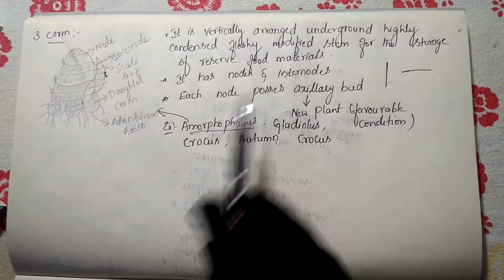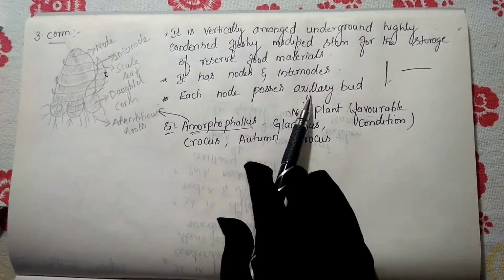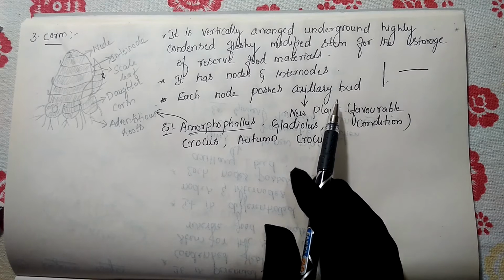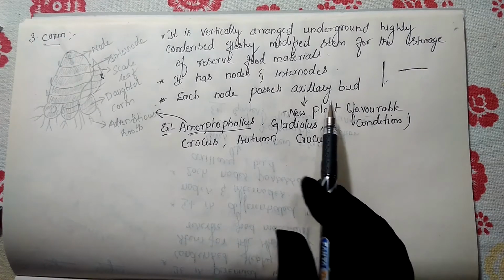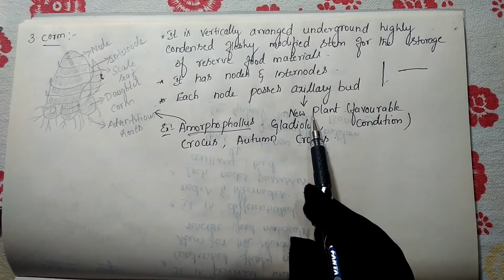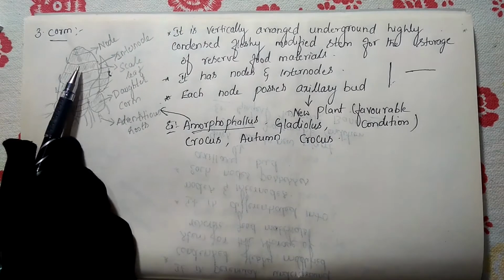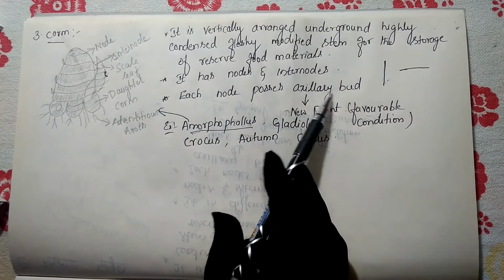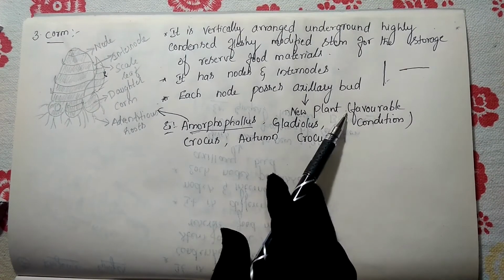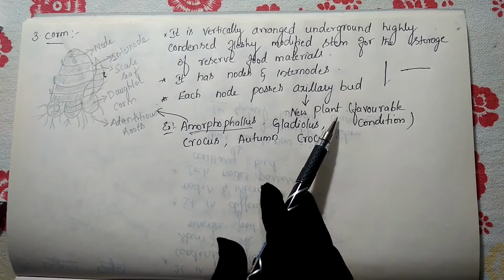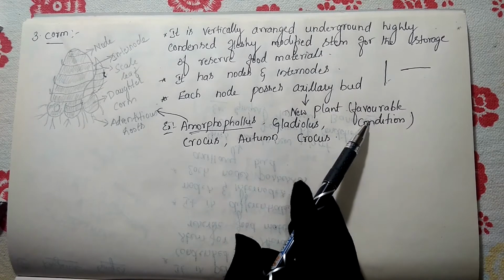It contains nodes and internodes, and from the region where the nodes are present, the axillary bud arises. Yesterday we saw this in potato, and I showed it for ginger also. From that nodal region the buds arise, and later that bud develops into a new individual. In the same pattern here also, from the nodal region the axillary bud arises, and if it gets a suitable, favorable environment, that axillary bud develops into a new individual.